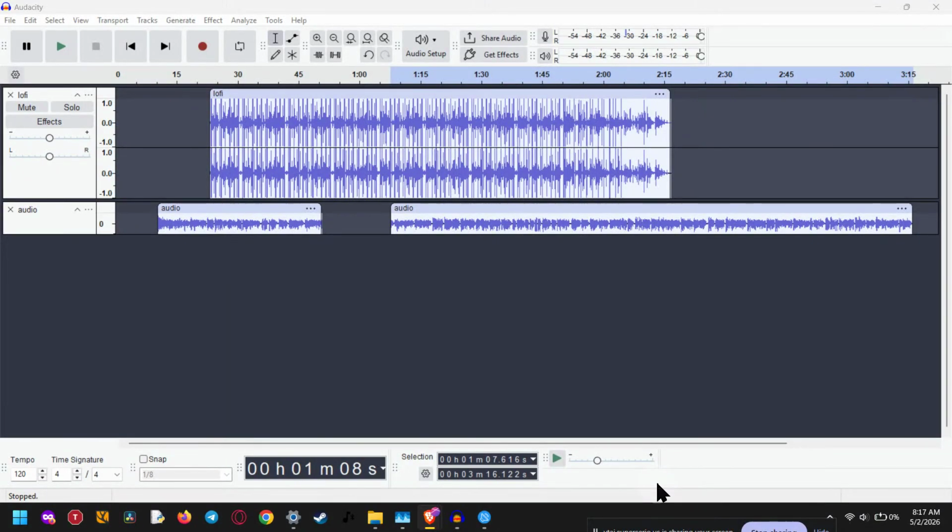If you want to clean up a noisy recording fast, Audacity's noise reduction tool is one of the easiest ways to do it. In this video, I'm going to show you exactly how to use Audacity noise reduction step by step, so you can remove background hiss, room noise, hum, and other unwanted sounds without making your voice sound weird